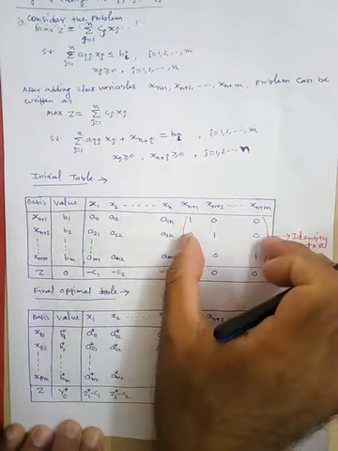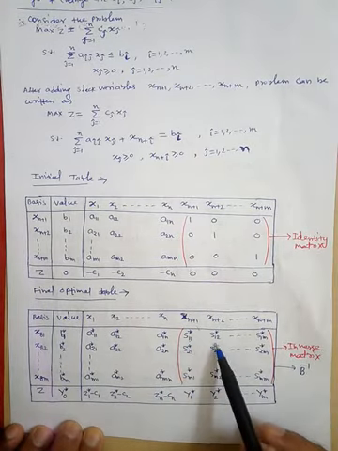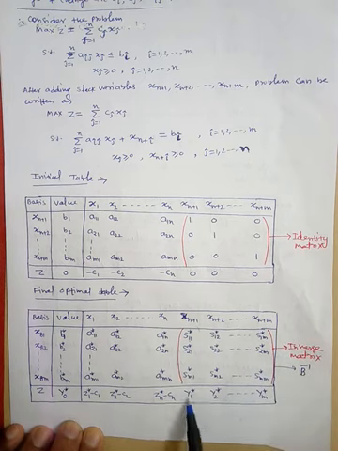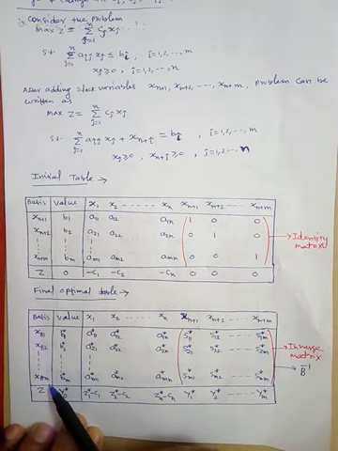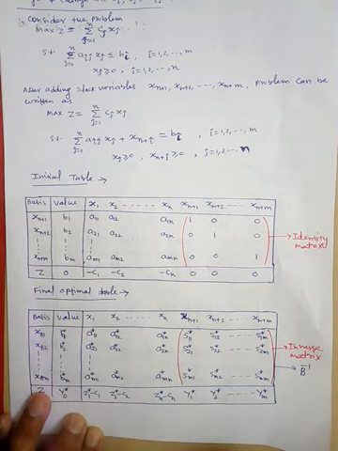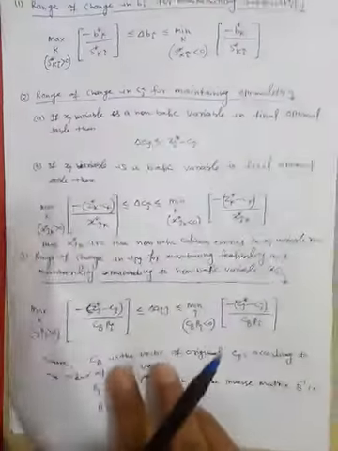Corresponding to the identity matrix, we have this matrix denoted by s star 11, s star 12, s star 1m and so on. This is known as the inverse matrix, and in short it is denoted by capital B inverse. These are the dual values. Then these are the basic variables xb1, xb2, xbm, and these are the corresponding values. This is the final optimal table. Now we will discuss the ranges here.